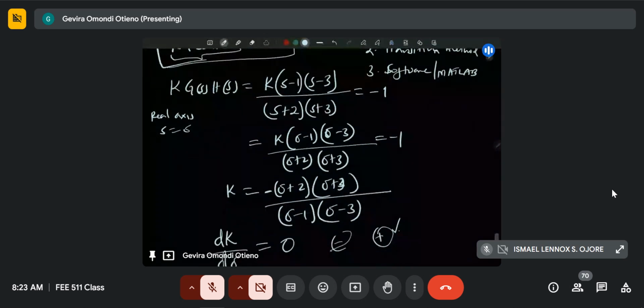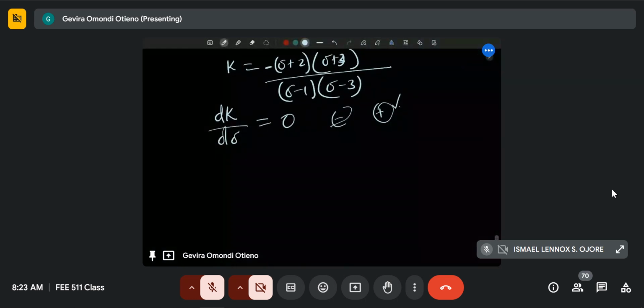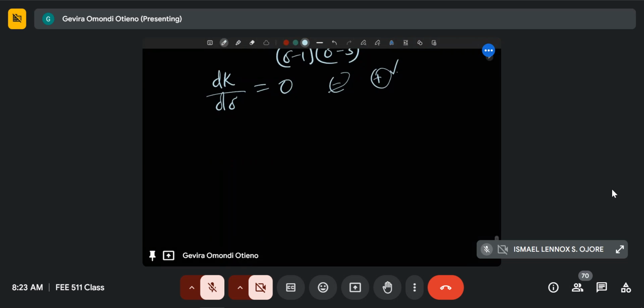So the other method of doing this is the transition method. Okay. Remember, I'm going to do an example that is not on your notes, so I need to quickly finish this so that I do that method. So the transition method is simply stating that if I want to obtain the breakaway and the break-in points, then all I have to do is